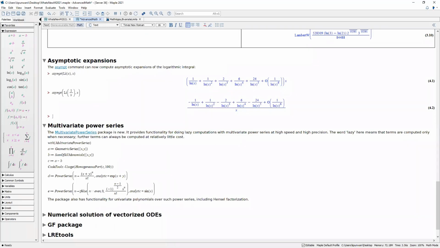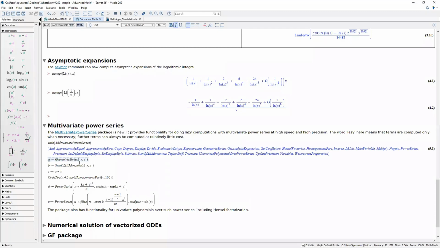So this is a new package, and it provides functionality for doing lazy computations with multivariate power series at high speed and high precision. I know the development team is very excited about it. And you can learn more details and get more information about everything that this package can do in the what's new. And just a caveat, this is something that I learned: in this case, the word lazy means that the terms are computed only when necessary, and that further terms can always be computed at relatively little cost. So let's go ahead and load this package,